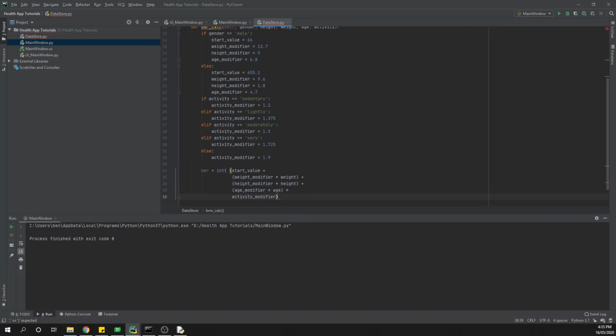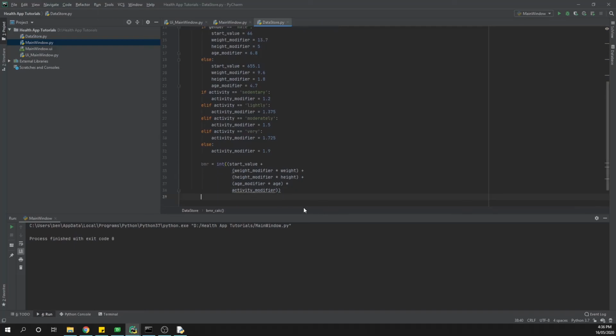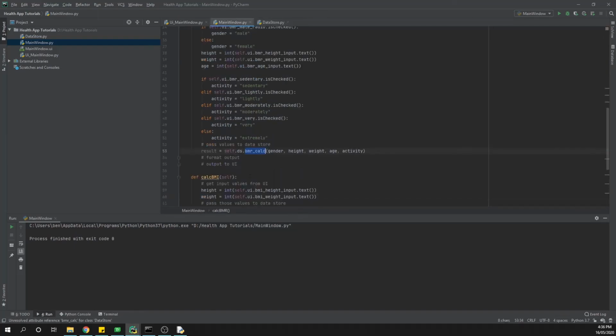Now I've got a red squiggly line because I'm missing a bracket up at the start. So I'm going to close that bracket down there, and that means I've now got my BMR ready to go, which means I can say return BMR, and that sends it back to our function as the result. So finally we can enter in our output. Again, we're going to say output equals, the BMR for a year-old